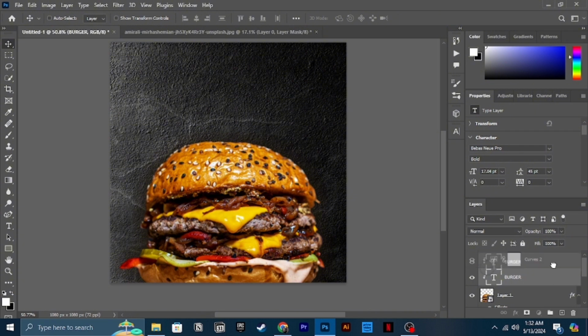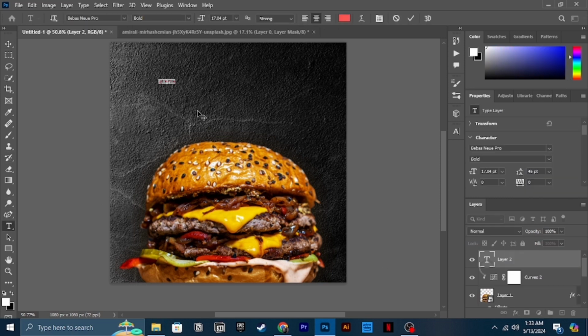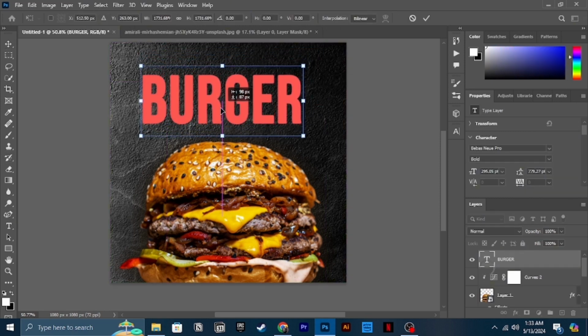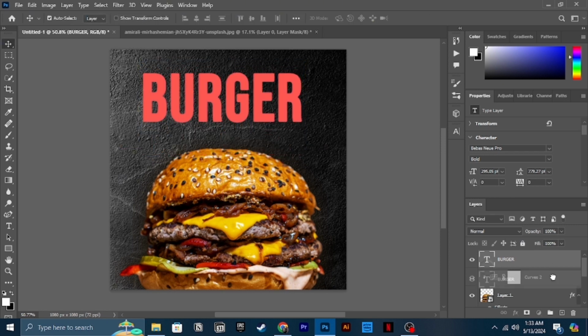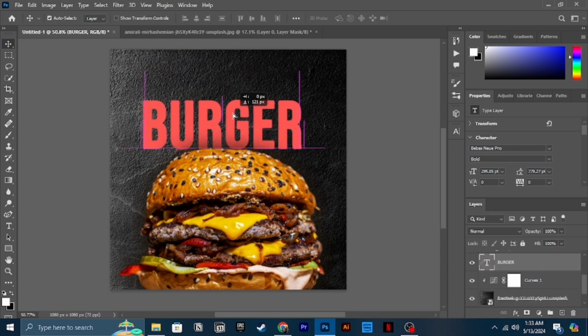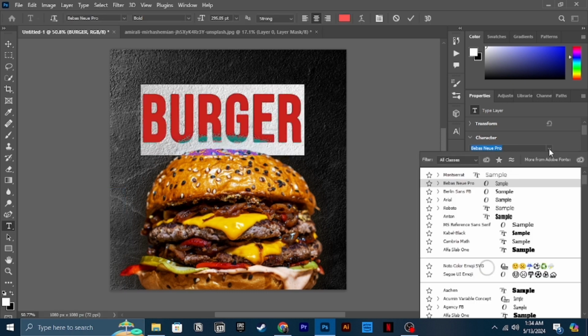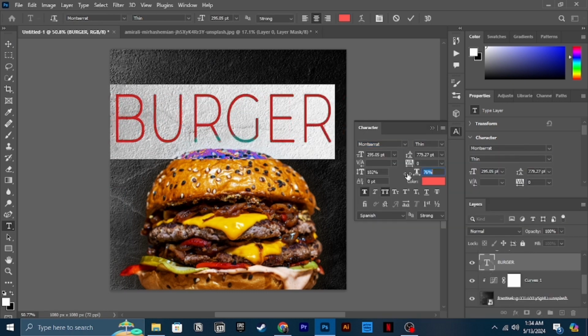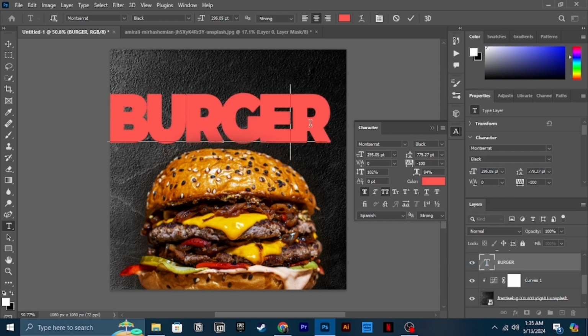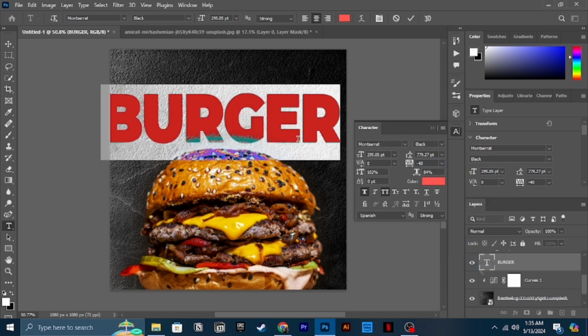And now I'm writing the main text, the heading, and I didn't know what type of heading I wanted. So I just put burger on there as a test, and now I wanted to find a very bold, very specific type of font.